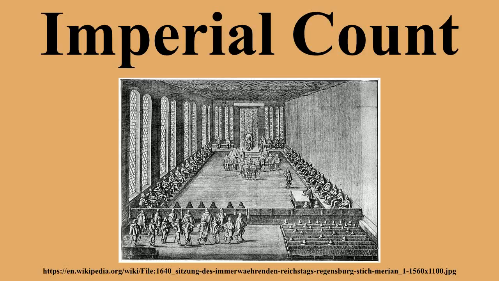These imperial counts sat on one of the 4 benches of counts, whereat each exercised a fractional vote in the Imperial Diet until 1806. In the post-Middle Ages era, anyone granted the title of count by the emperor in his specific capacity as ruler of the Holy Roman Empire became, ipso facto, an imperial count, whether he reigned over an immediate county or not. Origins.